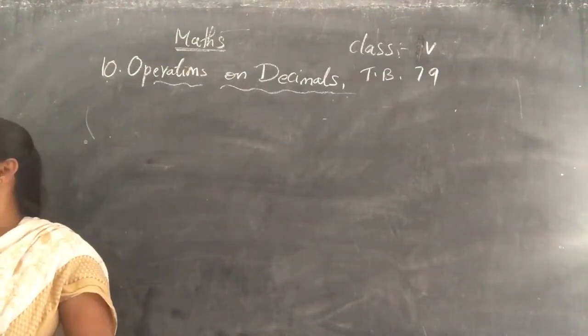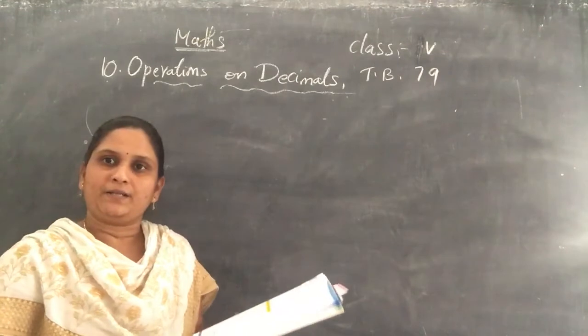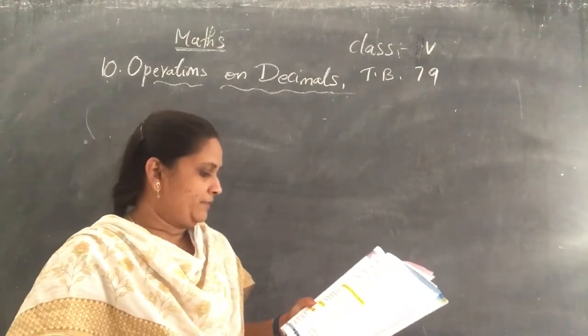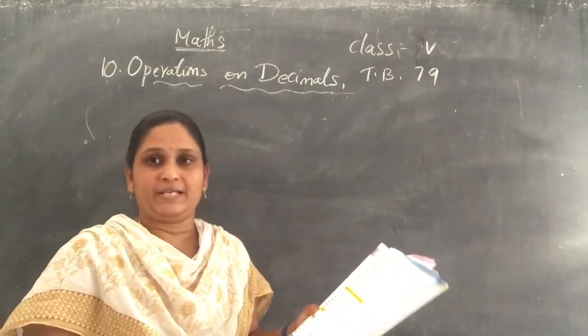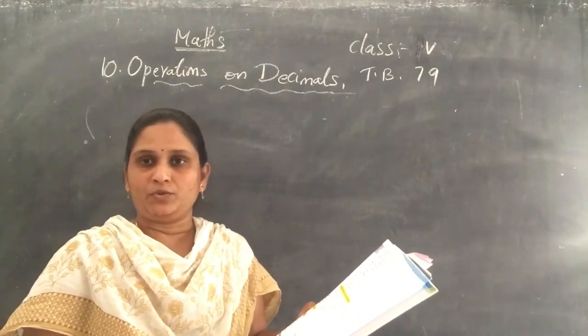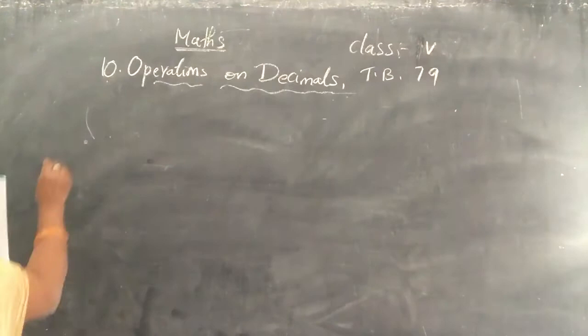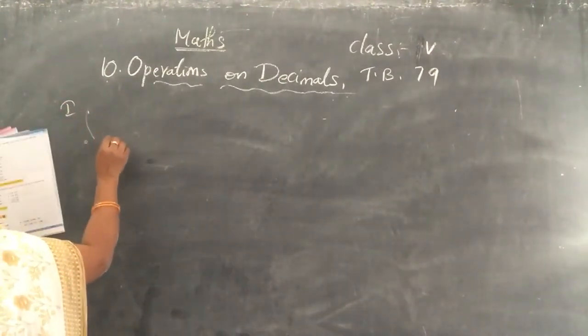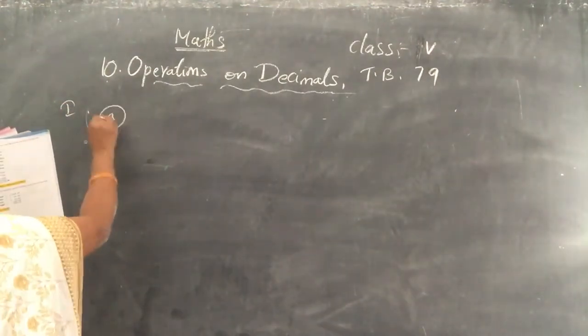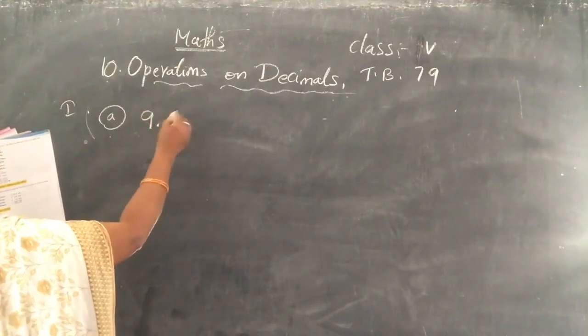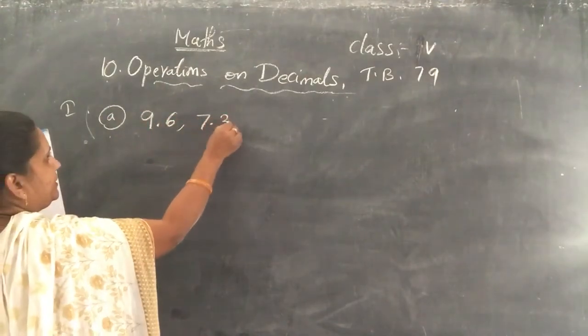So here, add the following. Under the add the following heading, overall in the first section we will be having 5 sums. Two I will explain to you, remaining 3 you have to do as homework. Got it everyone? Roman number 1, add the following. The first one is 9.6, 7.35,